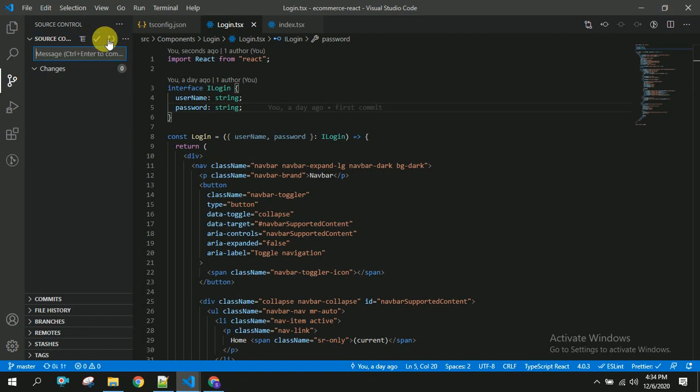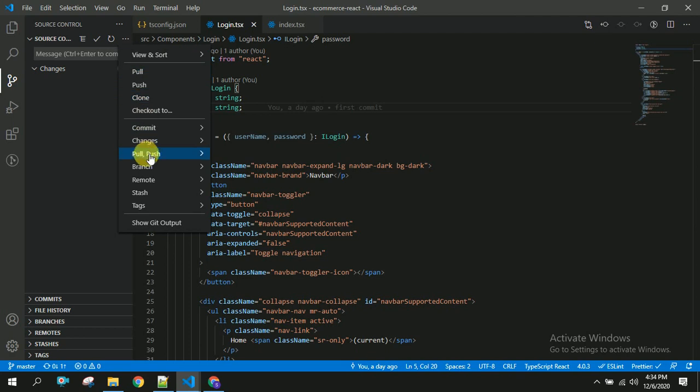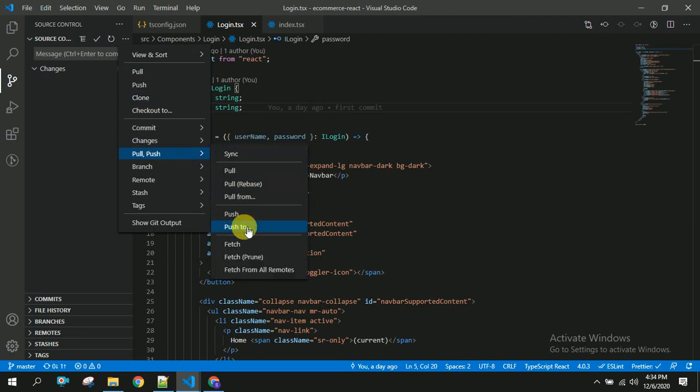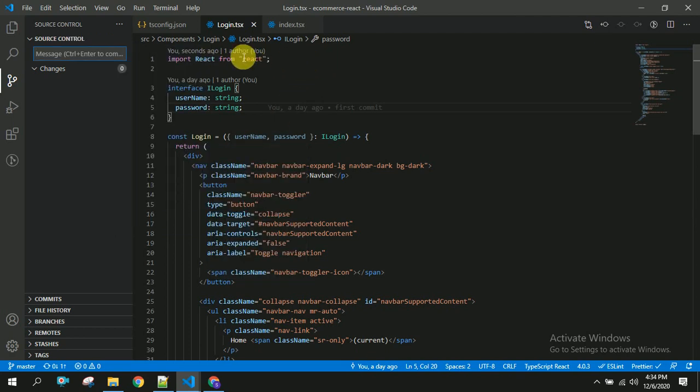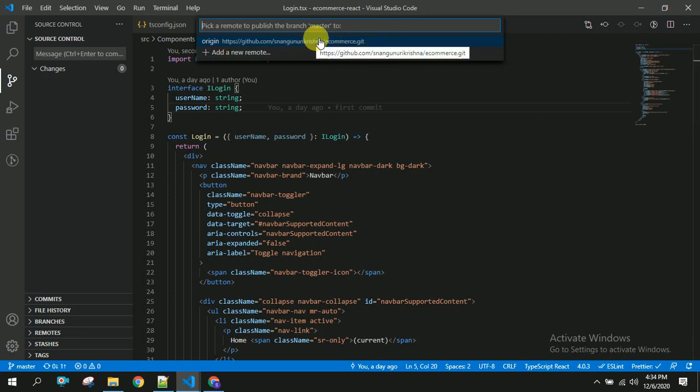Once this is done, you have to click on this and click on push to. You will be getting this one, origin. This is the remote branch that you are seeing here. Once I click on this, those particular changes will go to whatever remote branch you have created there.